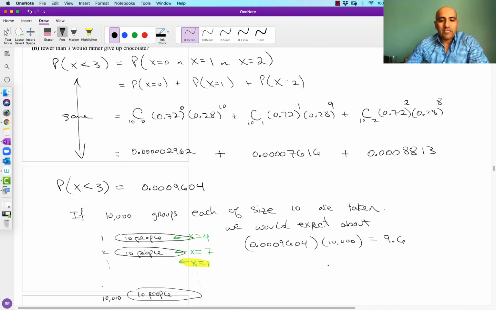So we would expect about 9 or 10 of the groups, of the 10,000 groups,